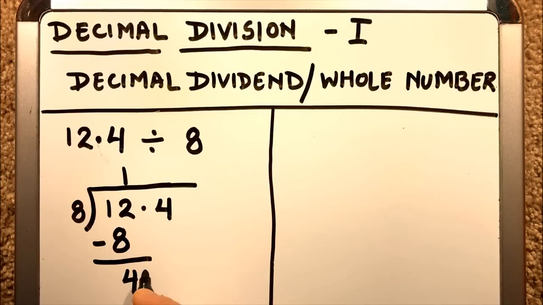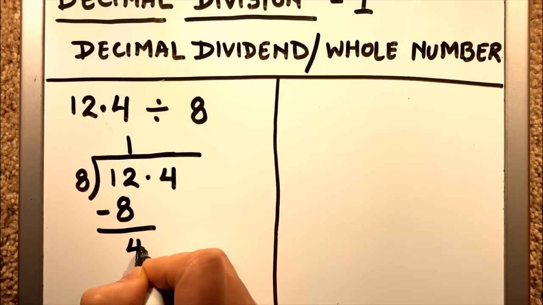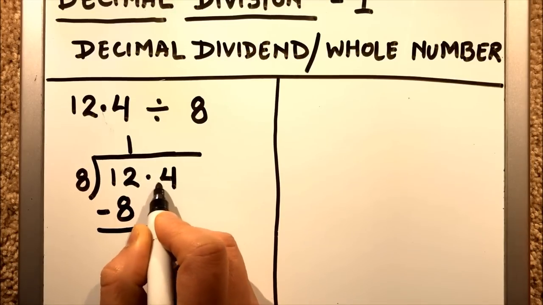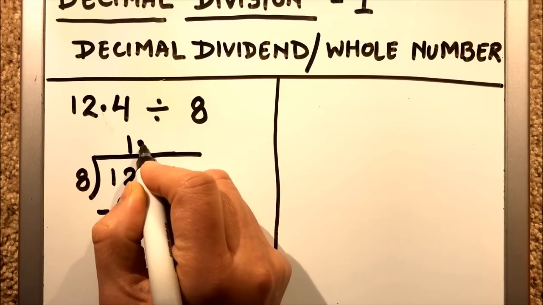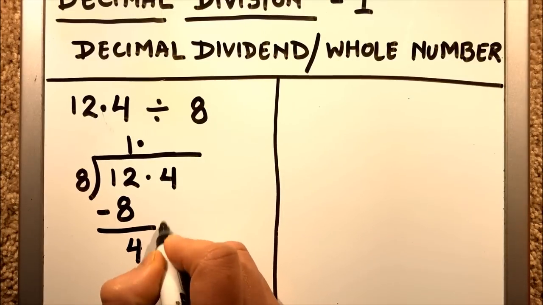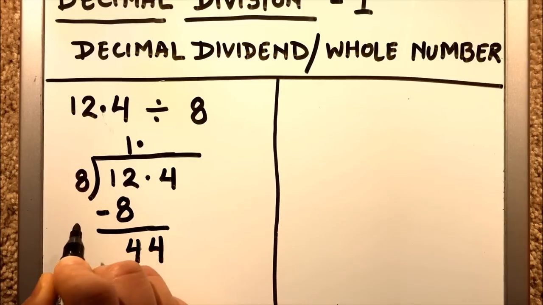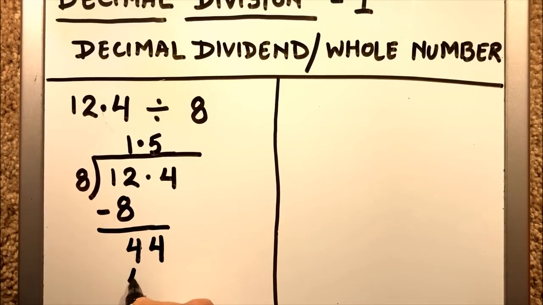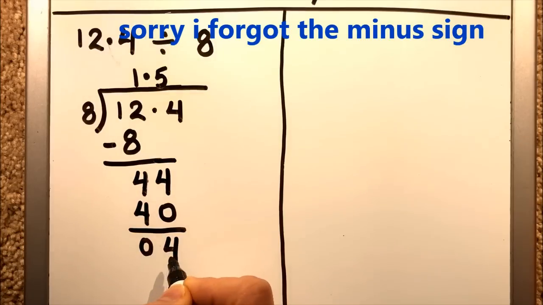So we'll get the remainder 4, and then just above this decimal point in the dividend, now we'll get 4 in the remainder, and we need to drop the next number, but in between there is a decimal point. So we'll put the decimal point in the quotient just above the decimal point in the dividend, and then we'll drop down the next number, which is 4 here, and then we'll count the tables of 8. So 8 times 5 is 40. So this is 40 and then this is 0, this is 4.